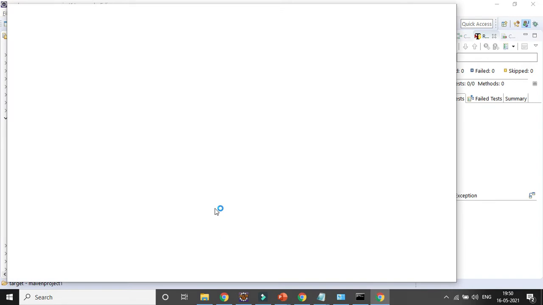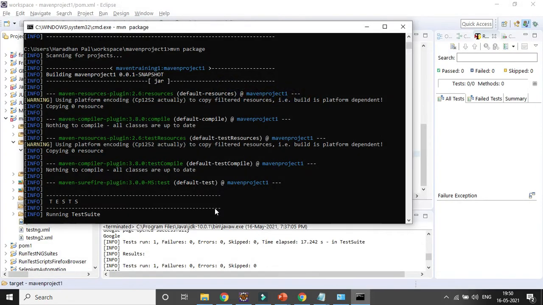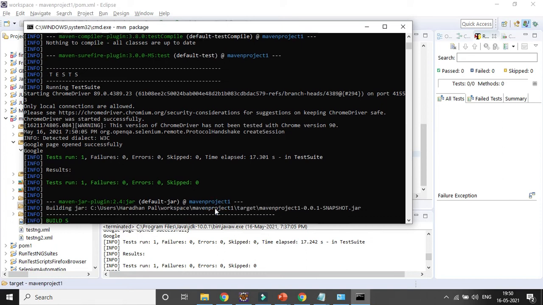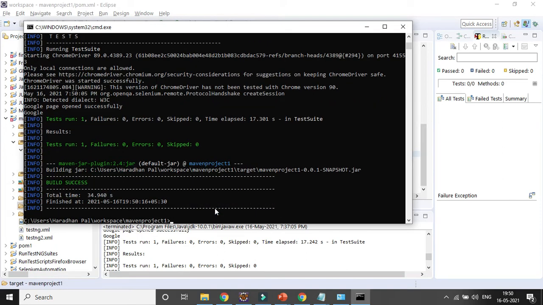So package, it will first clean the project, it will build, compile, it will test, and then it will package. So once you run clean, it will only clean your project. Once you run compile, it will compile your project. If you want to run test, Maven test, it will clean, it will compile, and it will run your test case. Once you run Maven package, it will clean, it will compile, it will test, and then it will convert